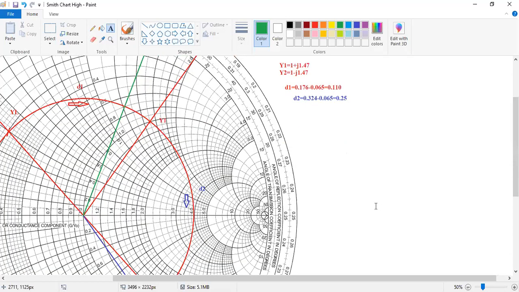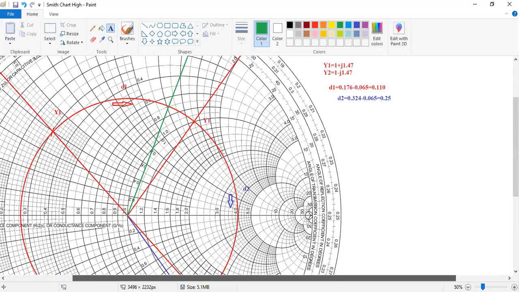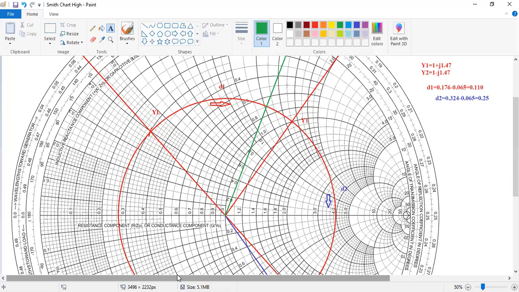For any open circuit, what will the value of Z, whether it is infinity or 0? Infinity. Yes, correct. It will be infinity. But we don't have to take a reference as infinity. Why? Because we are not in Z, we are in Y calculation. So as Z equals infinity, Y equals 1 by infinity, which is 0. So as it will be 0, your reference point is this. That is 0. So you have to take this as the reference.